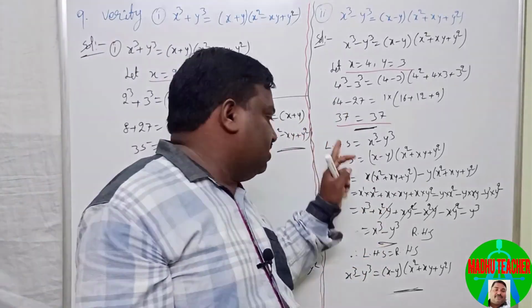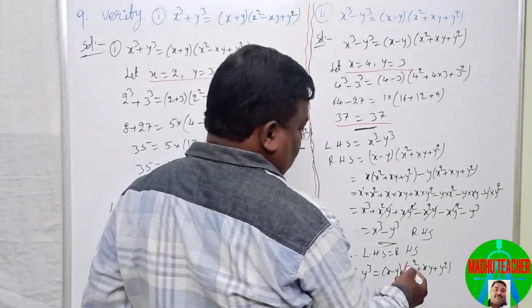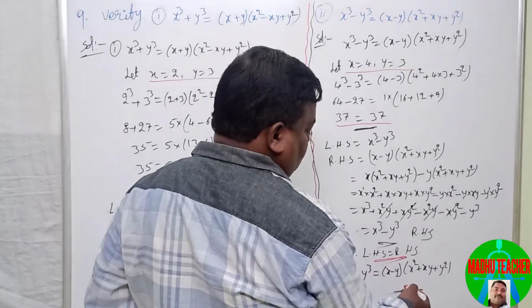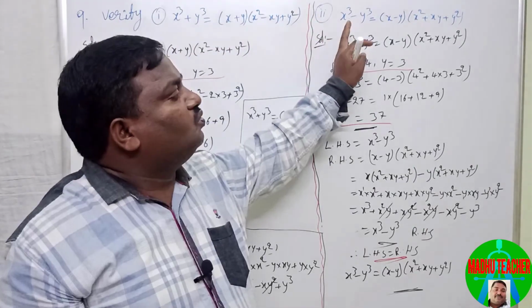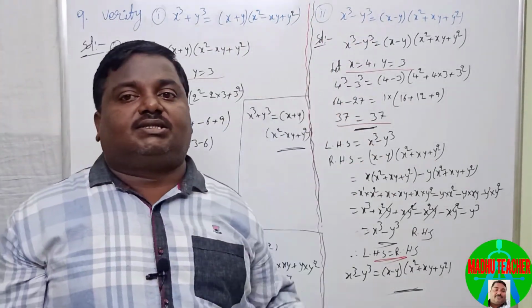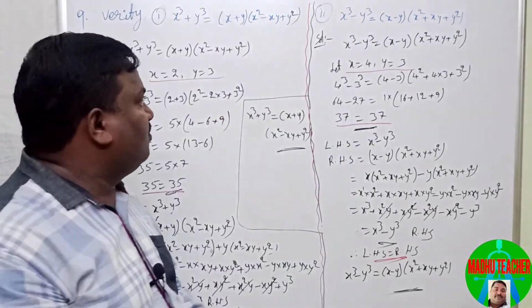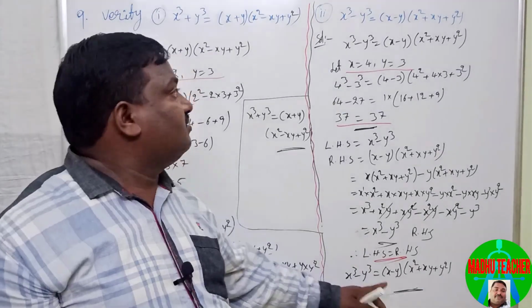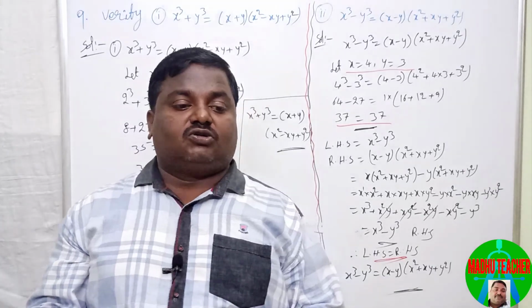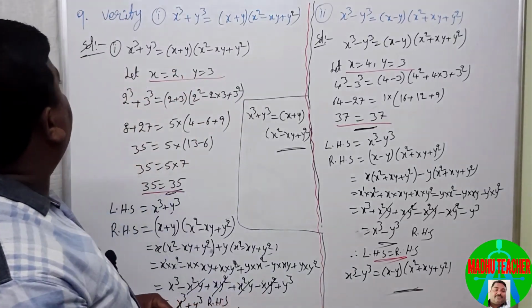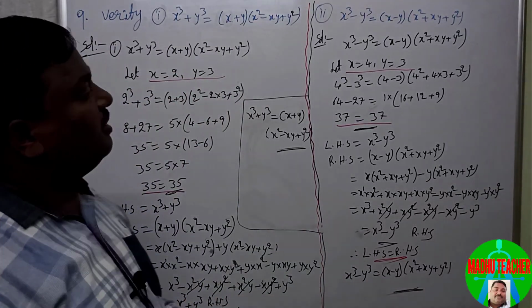Okay, next by multiplication also we got here LHS equal to RHS. Therefore these two we can call as identities. Therefore right here again these two are identities. So up to now we completed the 9th problem.